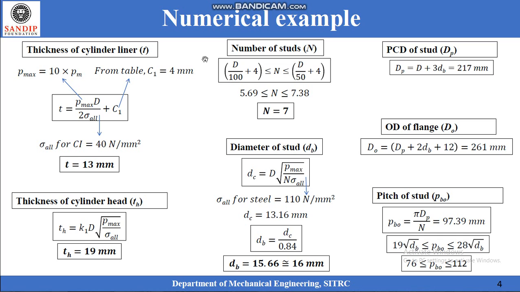Let us come to the calculation of studs. Number of studs should lie between these two values, which come out to be 5.69 and 7.38. So we have assumed number of studs equal to 7. Diameter of stud is calculated by the formula Dc equal to D under root P max upon n sigma allowable. Here the material chosen is alloy steel, and sigma allowable for it is 100